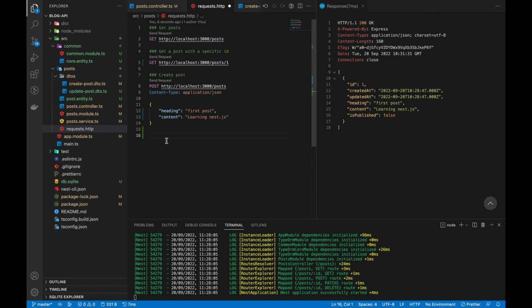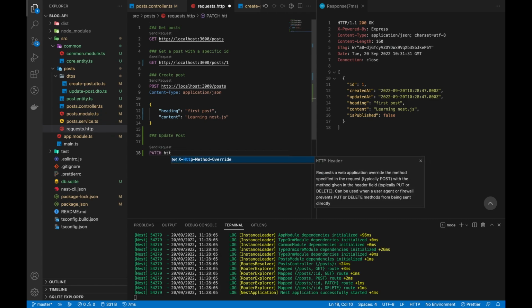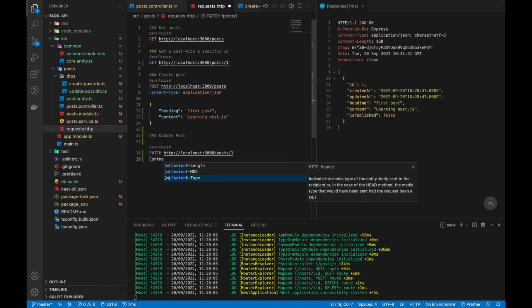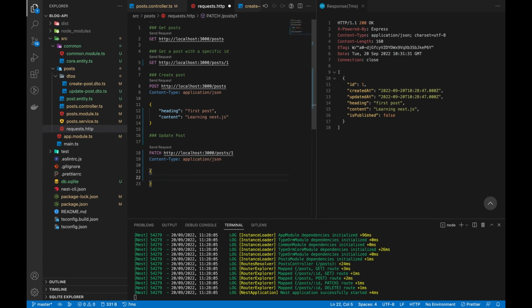So let's go on to update a post. So I'm going to create another comment here, which I'll say update post like this. And it's going to be a patch request to http://localhost:3000, okay, and then /post, and it needs an ID, so we'll give it an ID of 1. So the content type is going to be application/json, and then the body, okay. So let's say we just need to update the content, and the content of this post is going to be continue learning